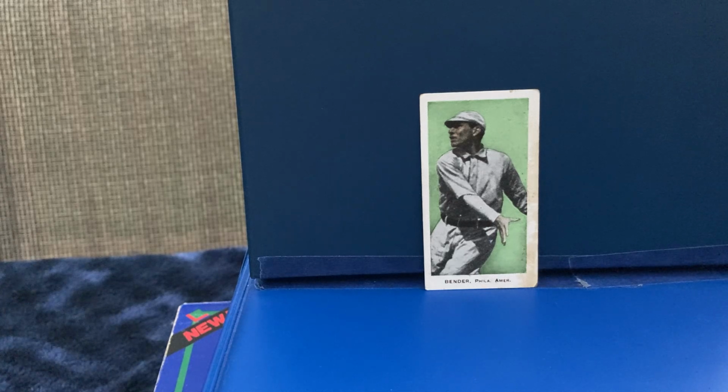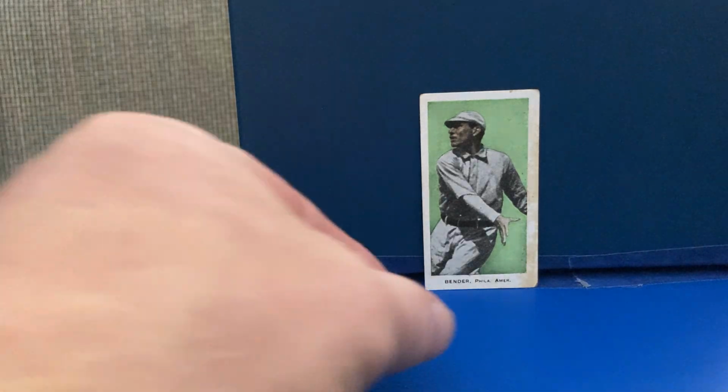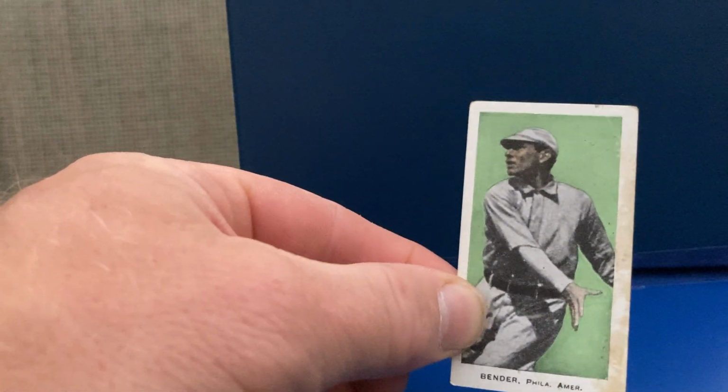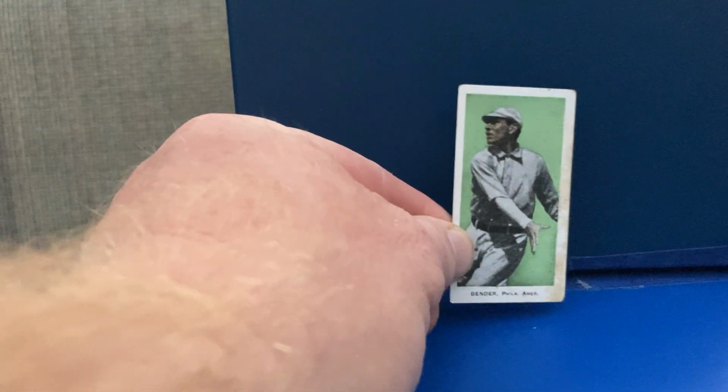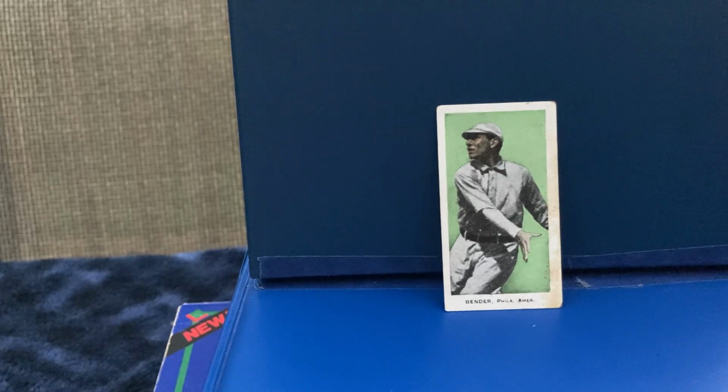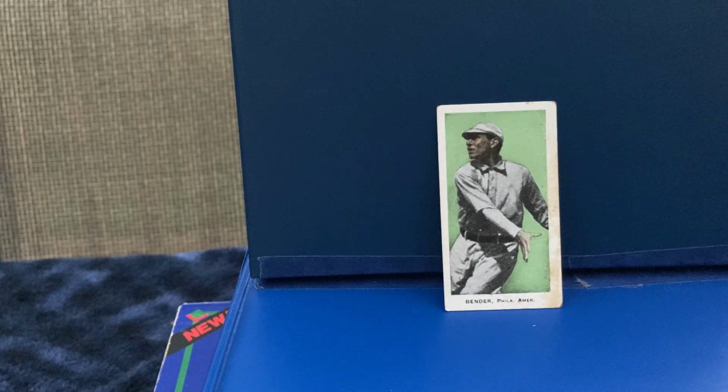And until 2012, most of these cards were pretty low grade. This one's not too bad, but a little staining and stuff. But then in 2012, there was this Black Swamp find. You might have heard, but that unearthed a bunch of cards in really high grade condition. In fact, there was a 10 Honus Wagner in the group. And even though this card isn't one of those Black Swamp cards, I do think it's a pretty cool card